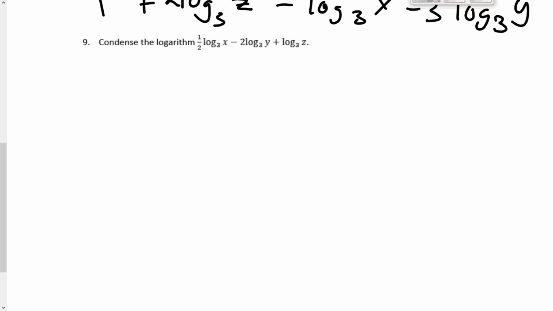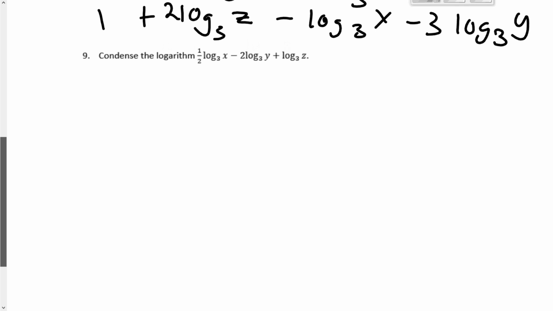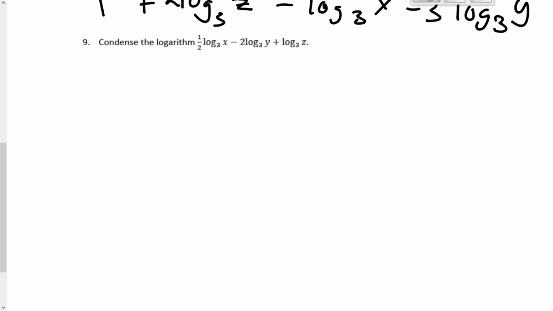When I condense, what I want to do is turn it into one single log. Okay, so I want to turn this into one single log. And my base is 3, so down at the bottom I'm going to get log base 3. Okay, so first thing when you condense, you want to